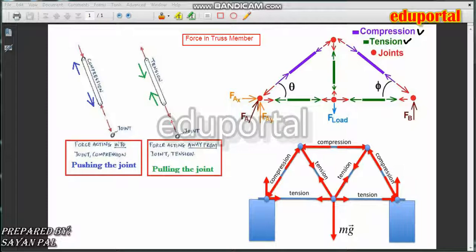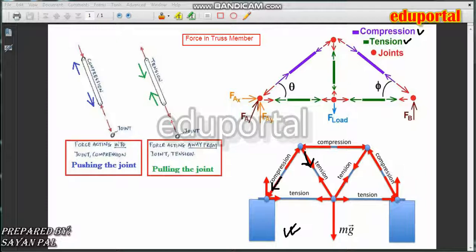Okay, so let's take this figure. In this figure we can see that this is the direction of compression and this is the direction of tension. This is the direction of compression in the member, so this member is under compression, that is, a compressive force member. And in this member the force is tensile force, so the member is under tension. Now, how do we determine this direction of tension and compression? To determine this, we first need to know the basic concept behind this theory.